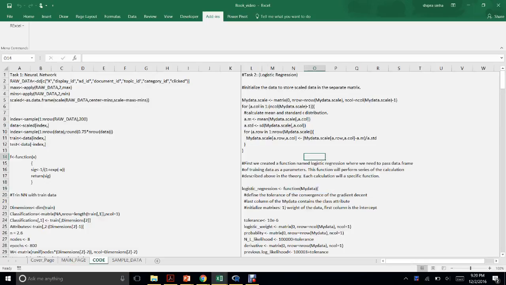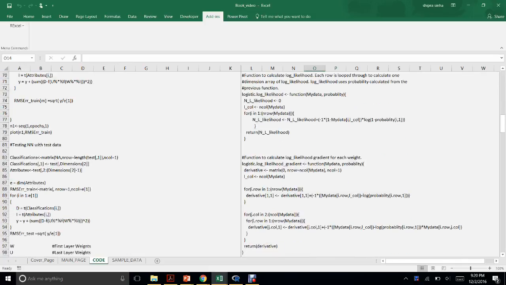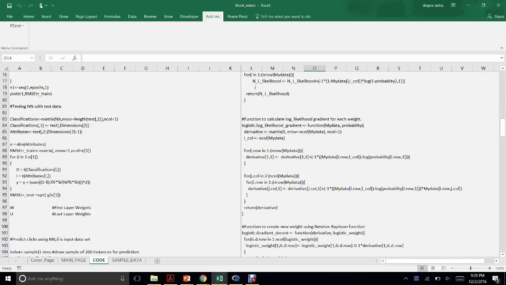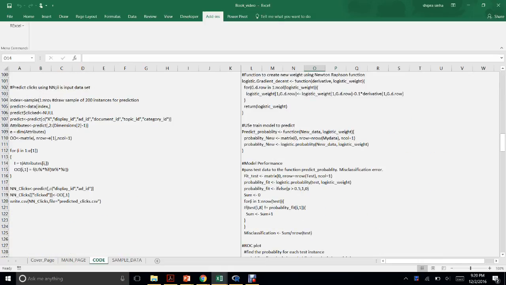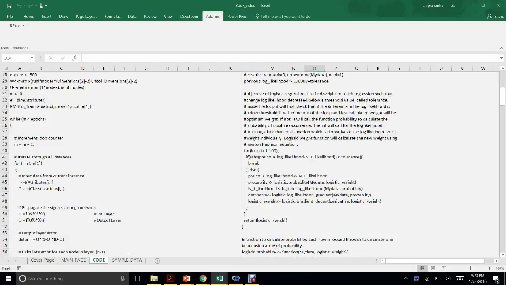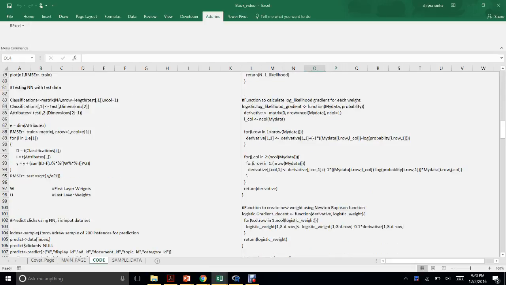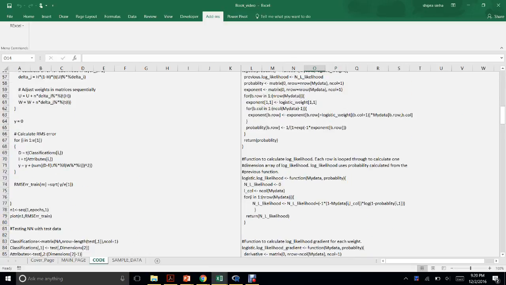So this is the code we are using in our project. This code is for the neural network. We are using misclassification error as the model performance measure, and for the logistic regression we are using ROC, misclassification and k-fold to measure our model performance.